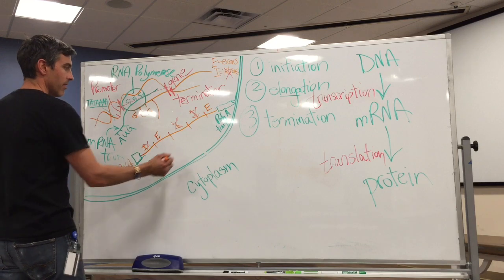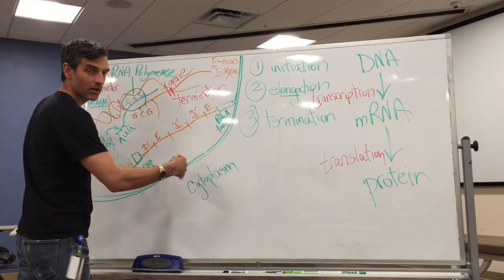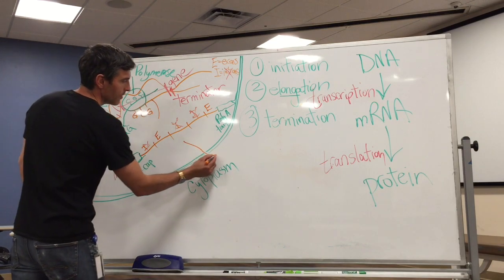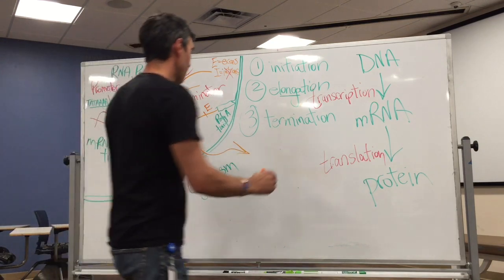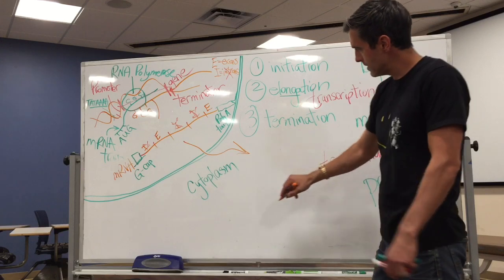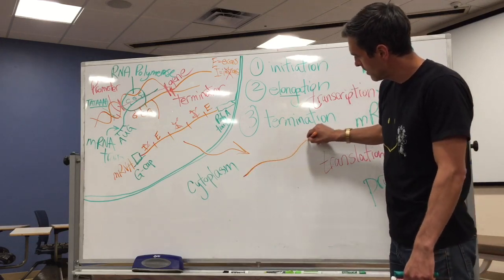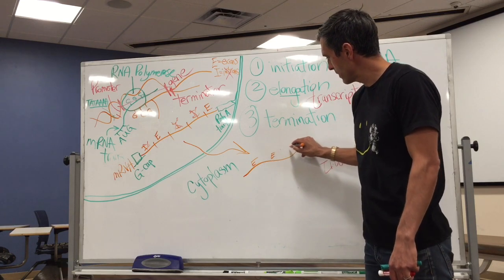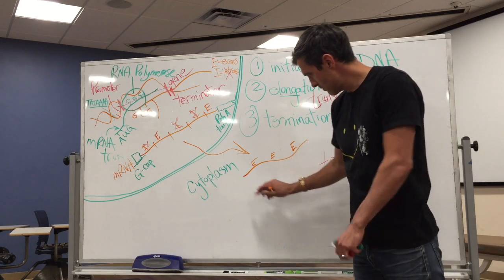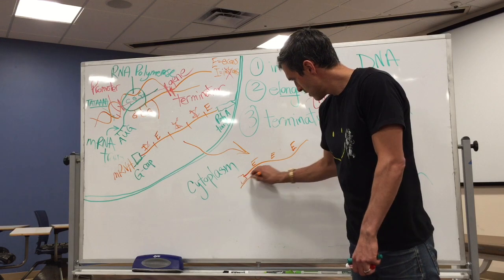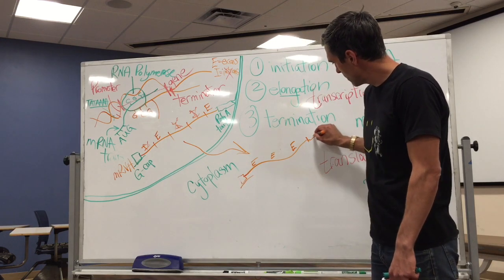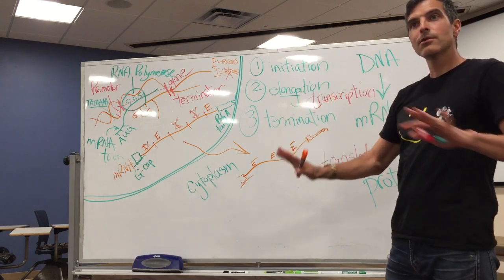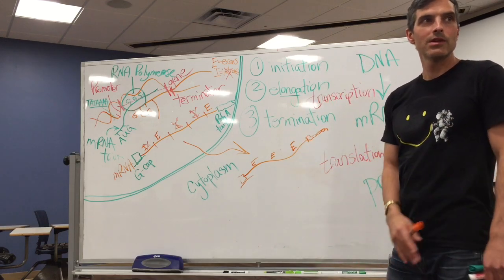So then your transcript is now mature. So it can leave. You got rid of all the introns. You only have the exons now. Those are the coding regions. And then, of course, you have your cap and your poly A tail. And now, transcription complete. Then we can get into